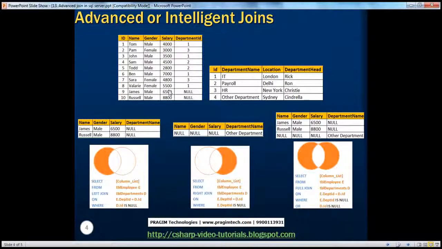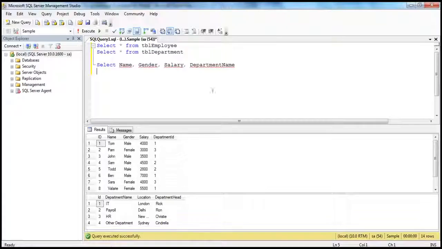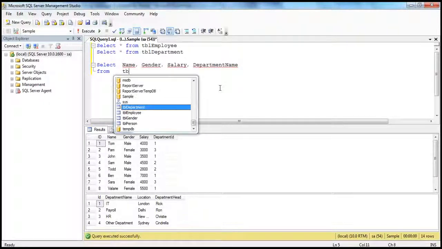When you write your query, the output should be like this: name, gender, salary, department name. For James and Russell there is no matching row in the departments table, that's why department name will be null. But basically I want only those non-matching rows from the left table. So let's see how to write the query. Select these columns, whatever you want, from, what's the name of the table? TBL employee,